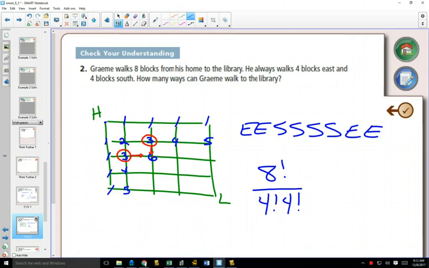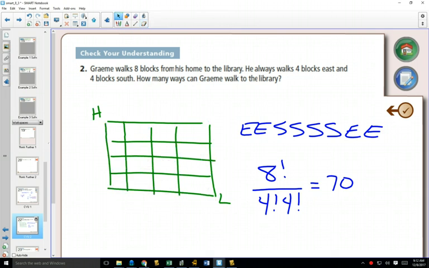And so that makes this 10 and 10, 15 and 15, and 20, 35, 35, 70, which is the same answer if you've typed it into your calculator already as 8 factorial divided by 4 factorial, 4 factorial. Okay? So you can get pathway questions like this, and you can make them even